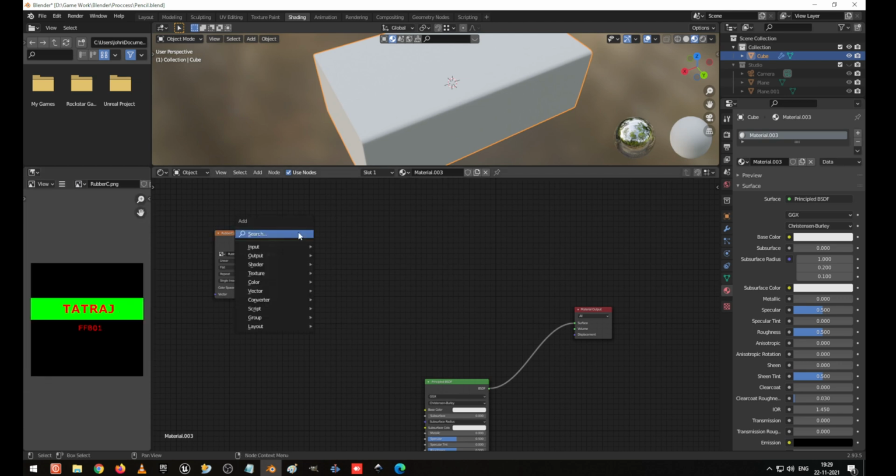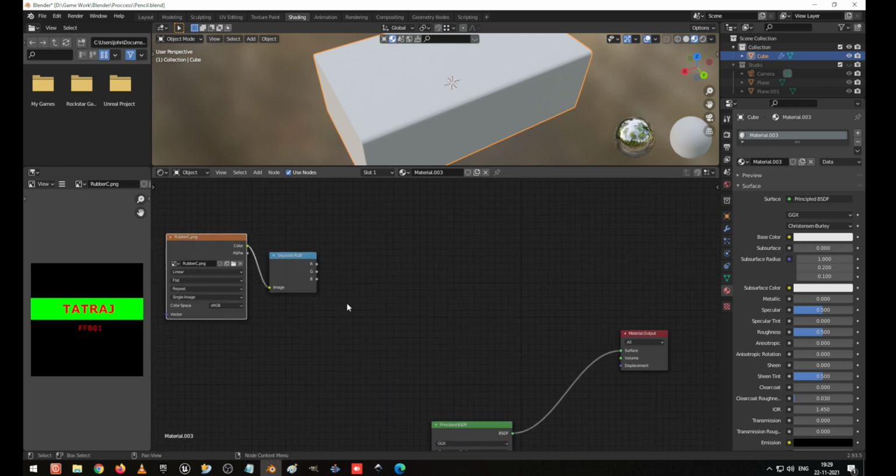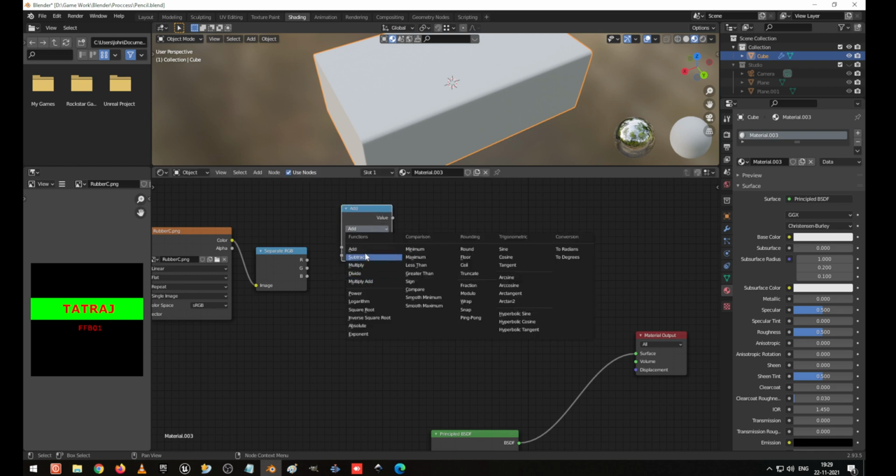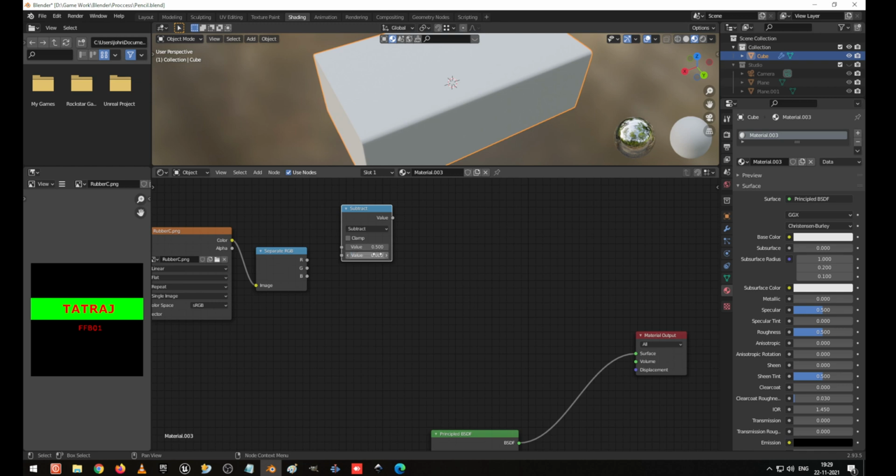And what I am going to do, I am going to separate the RGB, and the image I am going to give to here. Now I am going to separate using the math node. So I am going to use the same subtract and make it this one 0 value, and I press shift D to duplicate, for the three colors. First one is red, second one is green, third one is blue. Blue is not there, but it is not required for us.